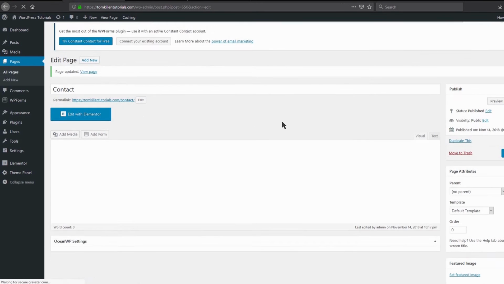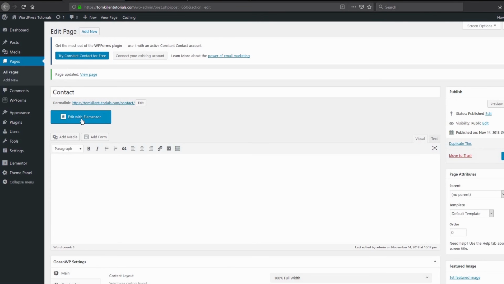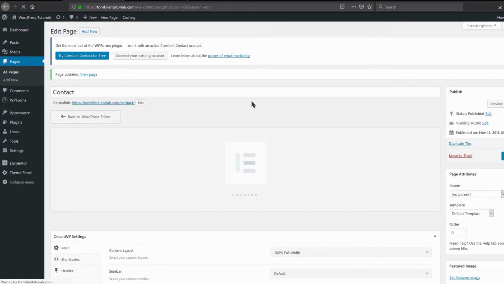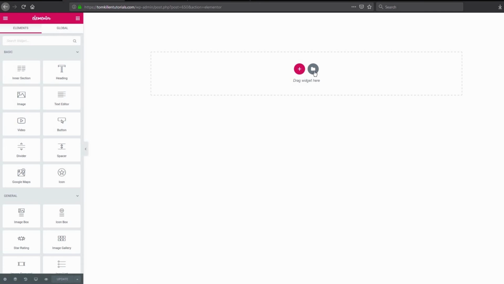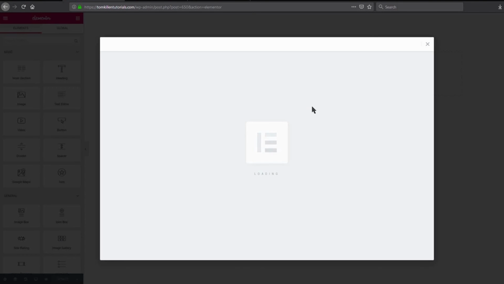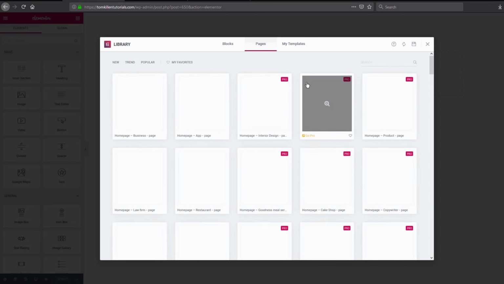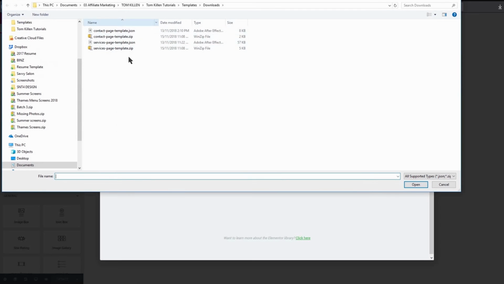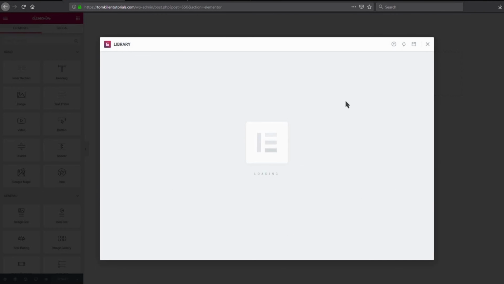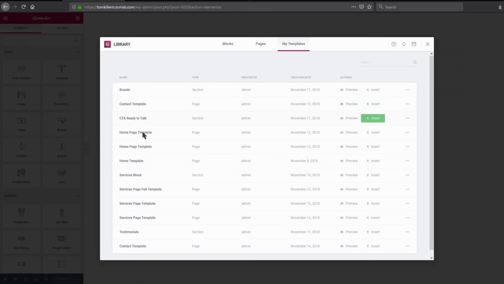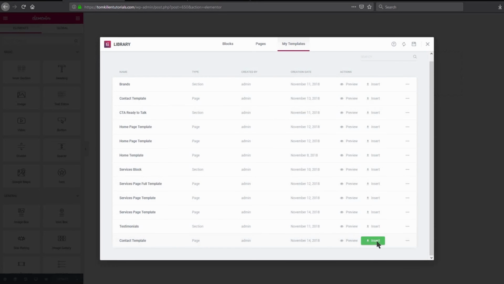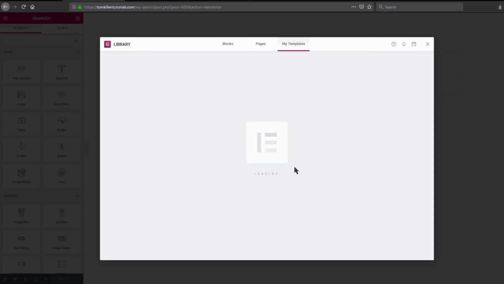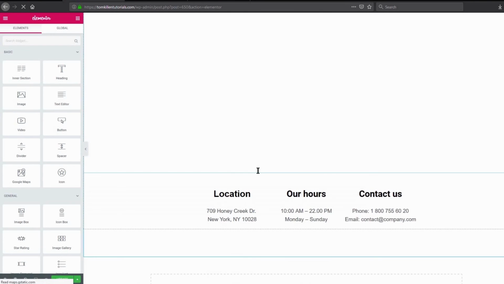click update. And if we go to edit with Elementor, click on the blue button that says edit with Elementor. And as you can see, we're back at square one with a blank canvas to work with, but we'll click on the template icon again, and that will load up our library, and we'll just click on the arrow import templates, select file, and it should bring us back to where we exported our zip files. This time we're going to choose contact page template.json, so click OK, and it's been imported now into our Elementor library. And if we go to contact template, we click the green insert button, click yes, and Elementor has now